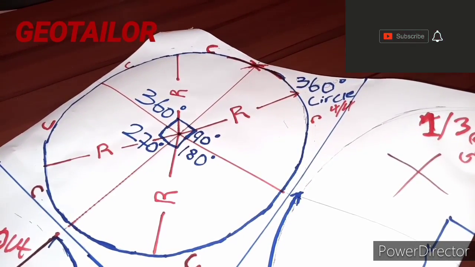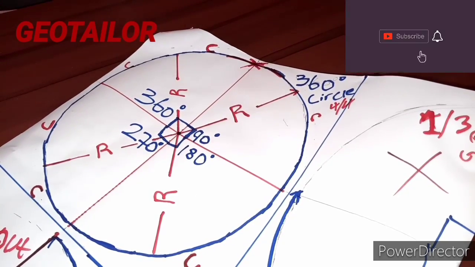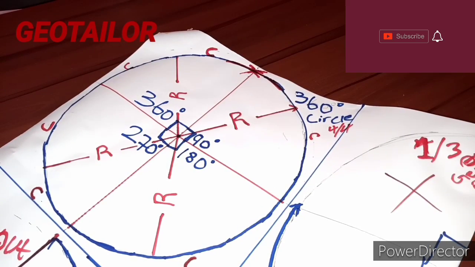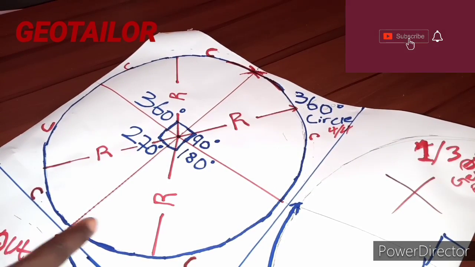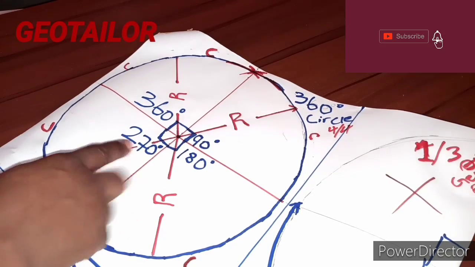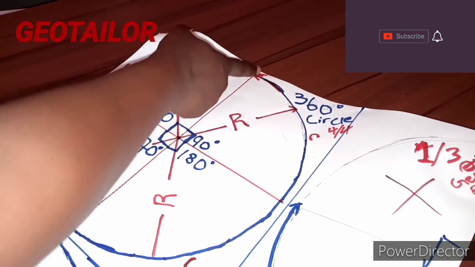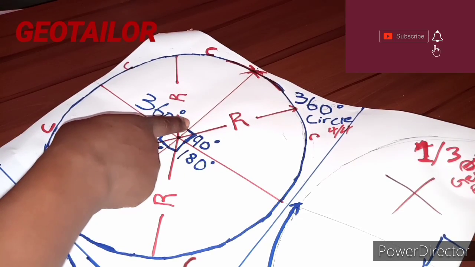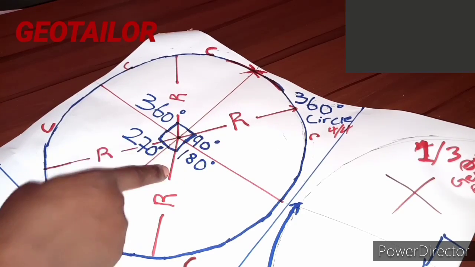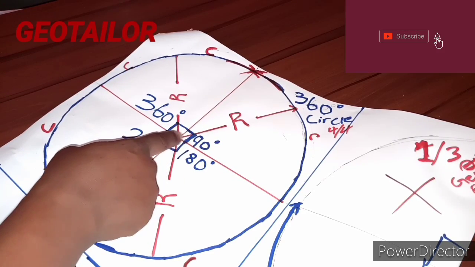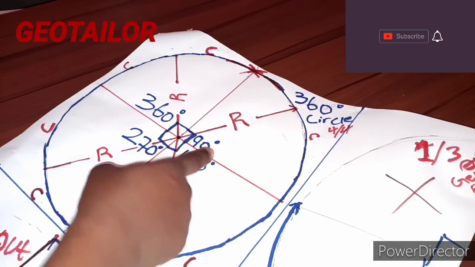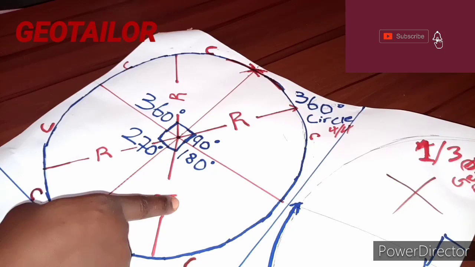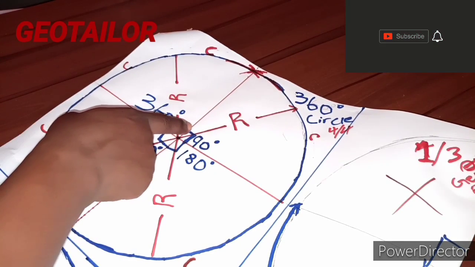Today's tutorial will be on circle and its variations. There are different types of circle. We have a full circle, which is the 360-degree circle. As you can see here, a circle has 4 quadrants, and each quadrant is having a right angle triangle of 90 degrees. As you can see here, this is one quadrant, 2, 3, 4, and the angle between here and